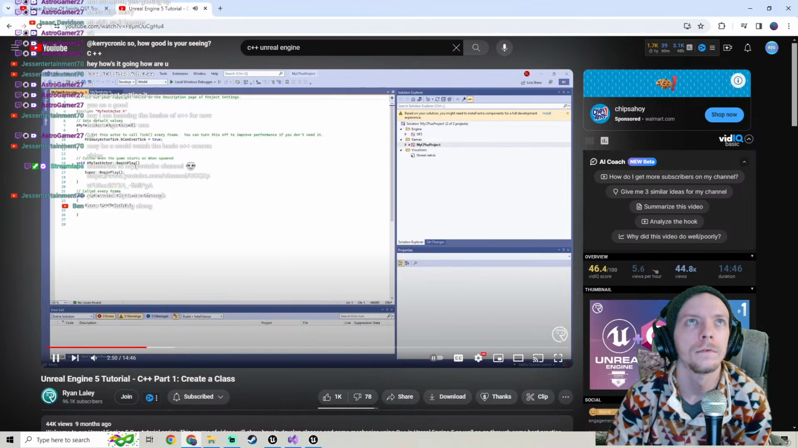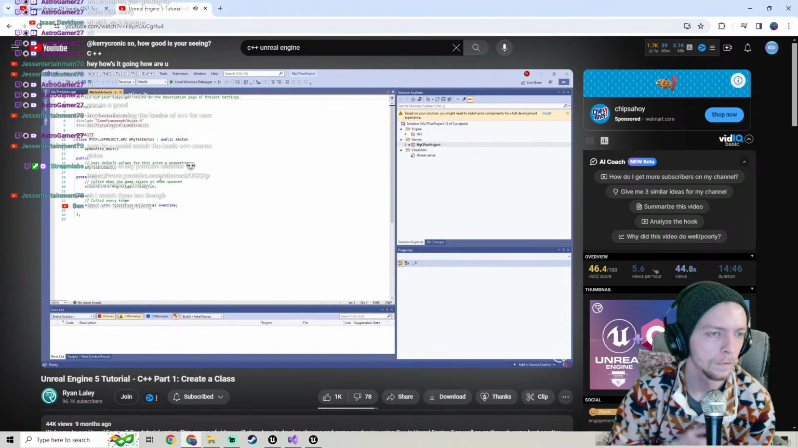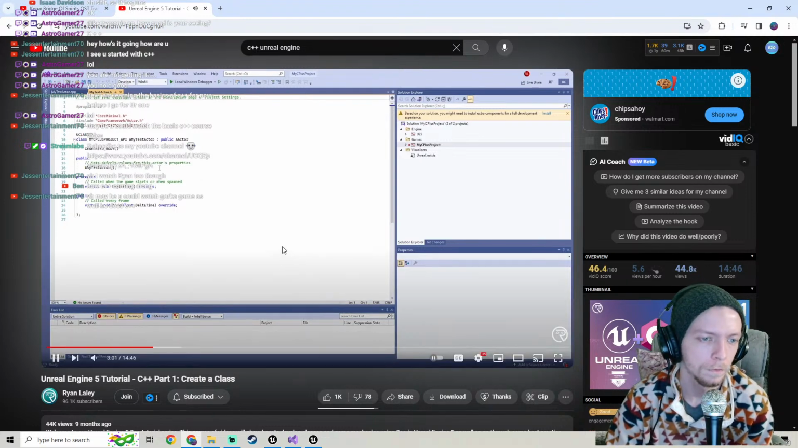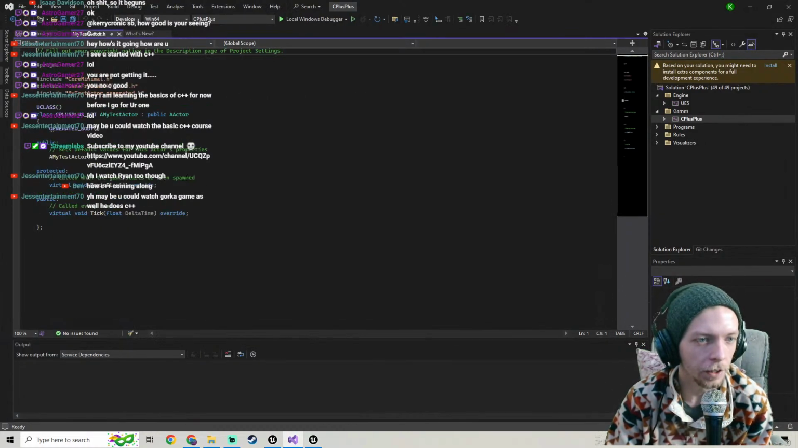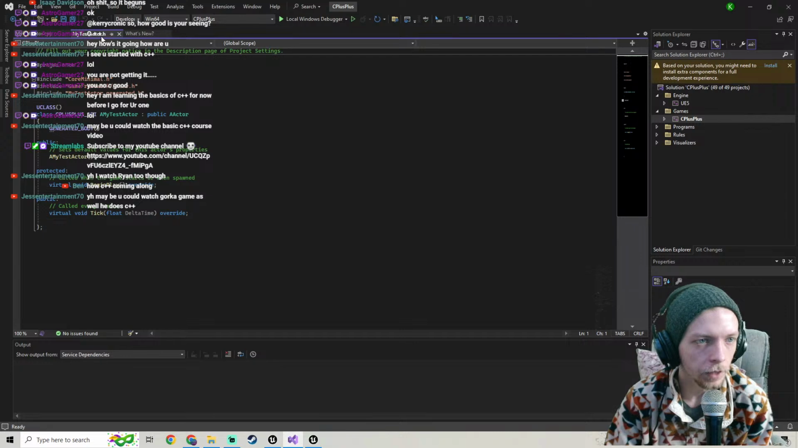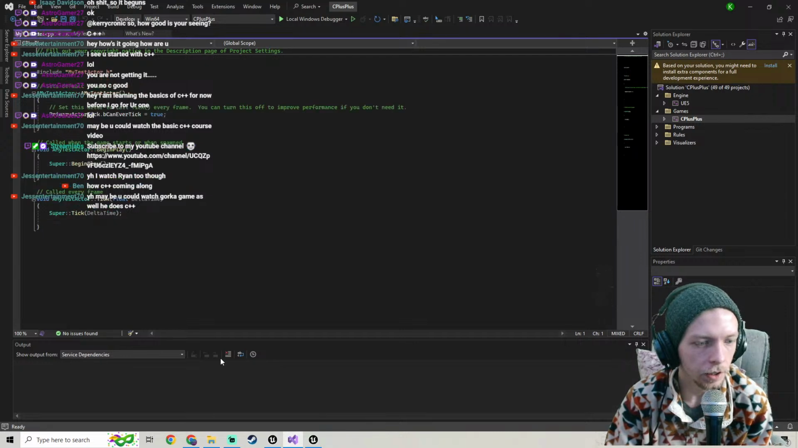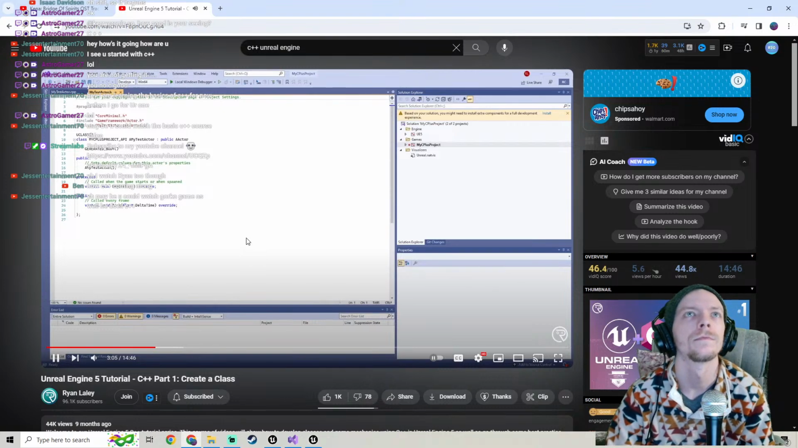Now, the difference between the header file and the source file is the header file is sort of like the table of contents for a class. So this is where you'll define the variables. Basically the event graph, right? Is my understanding of it. This is basically kind of the same thing as when you open a blueprint class. Kind of. And the actual source file is where you